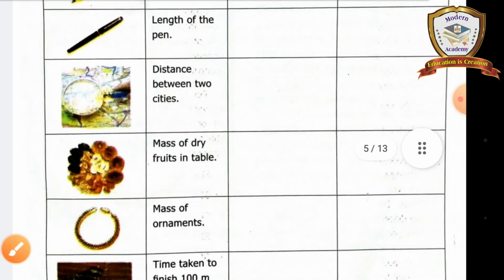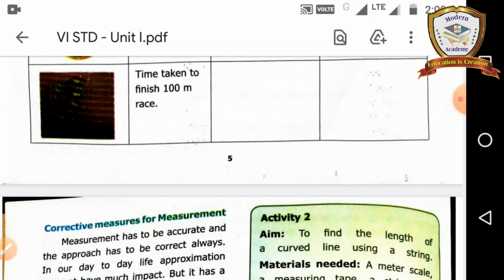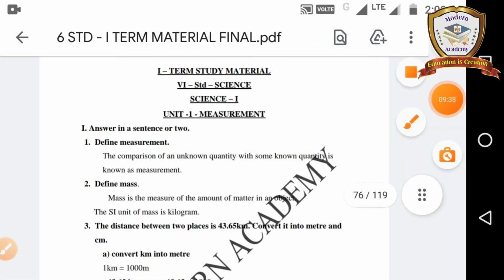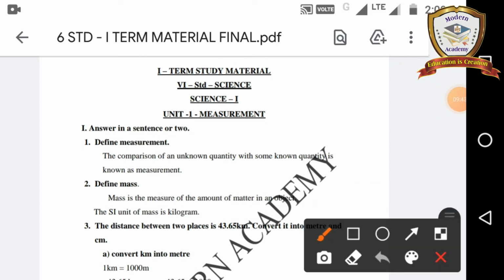So up to this page we have discussed in today's class. Okay. So the next thing is the material reading session. So this is your material reading session. Your today's homework is you have to study question number 1 and 3 in the first row, and question number 1 in the second row.